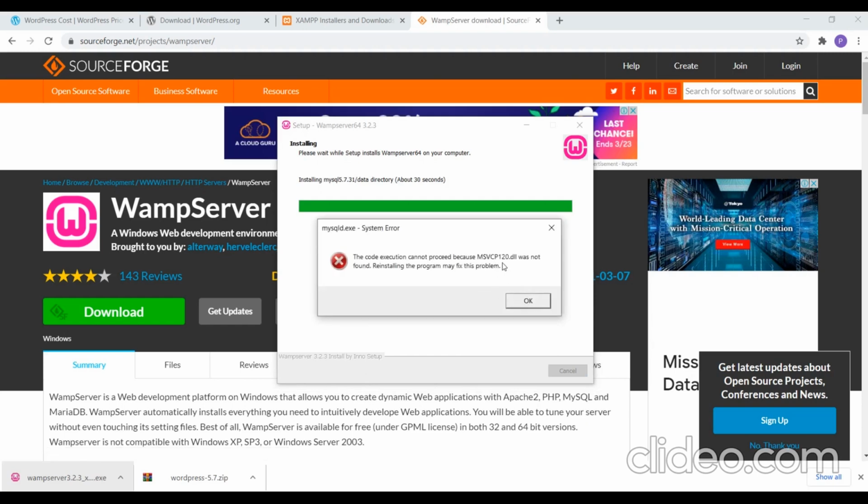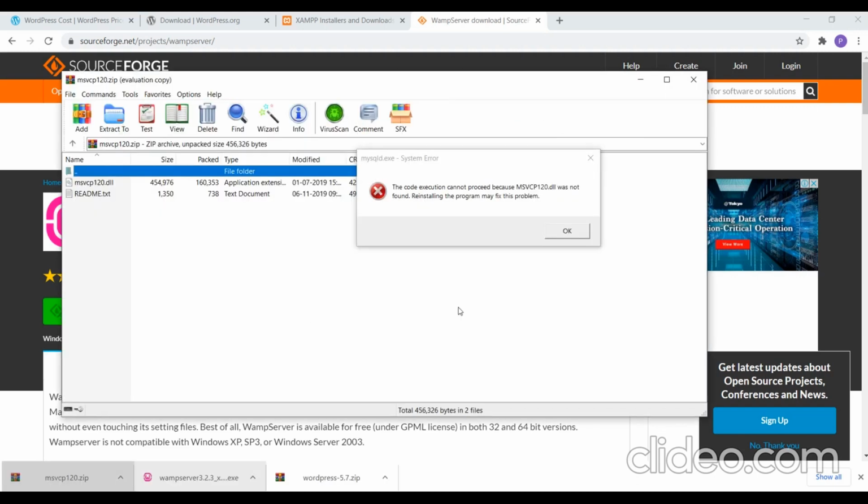So if at all your system is new, you will get some errors like this. So what you need to do is just search for the DLL in the browser and get it pasted in your folder. In which folder you need to paste it, I'll just show you. So let me just get the file once. So I have this file already downloaded.